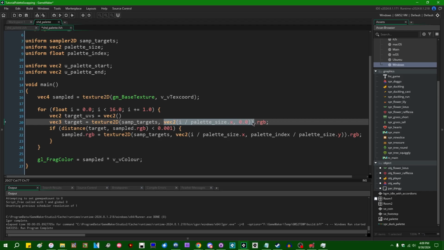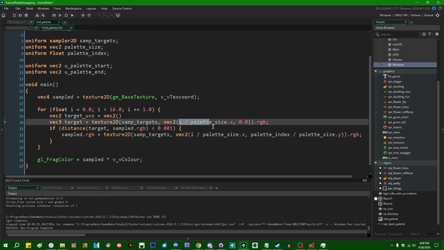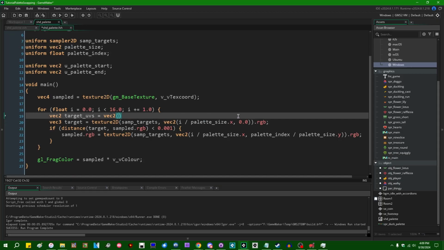So we're going to sample from location 0.5 on the texture. If our palette sprite is somewhere way off on the other side of the texture page, we're going to need to still be able to sample from the middle of that palette sprite data. And to do that, we could say we're going to sample from the 0.5, so 8 divided by 16, whatever. We're going to say that plus